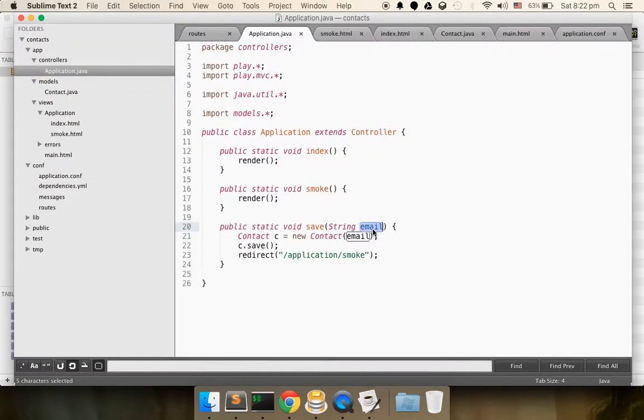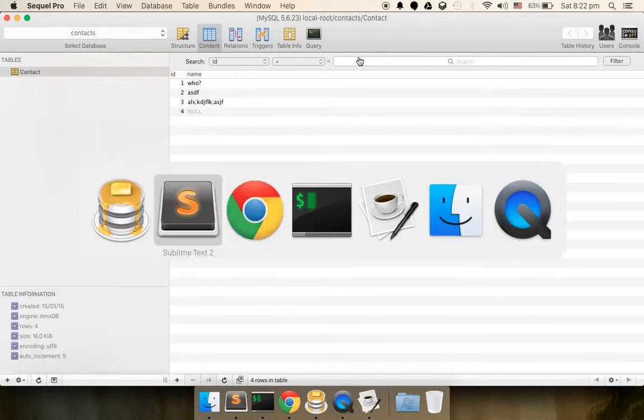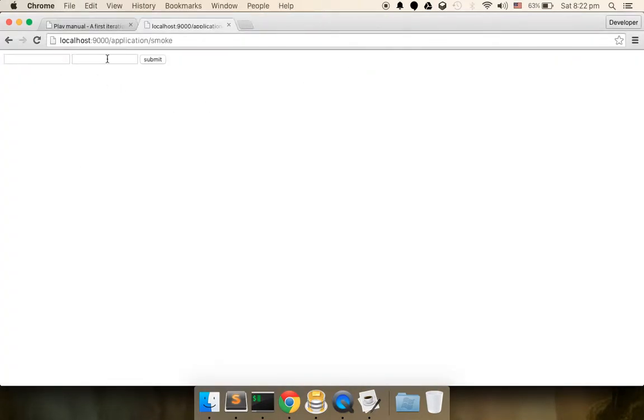Is that like a Play thing that I have to call the parameter name? What if I had a parameter called email? How would that work? You might see the connection here is the name of the field, and I would say input type equal to text, name equal to email now. Okay, now I have a second field here. So that's the name, that's the email,